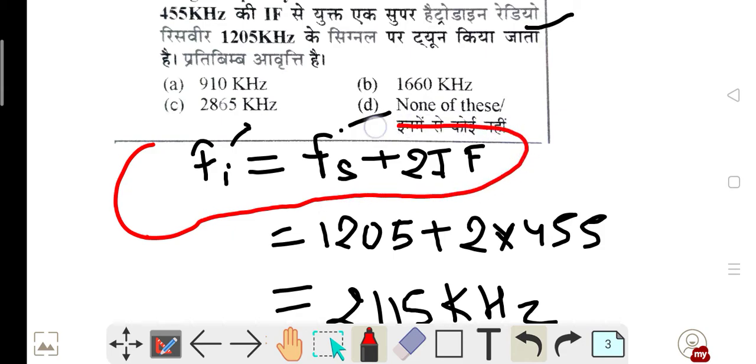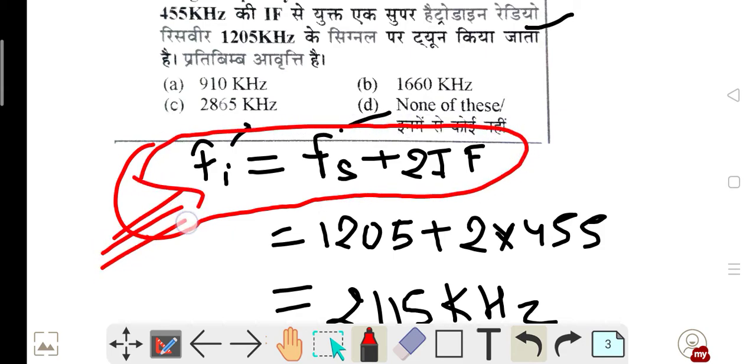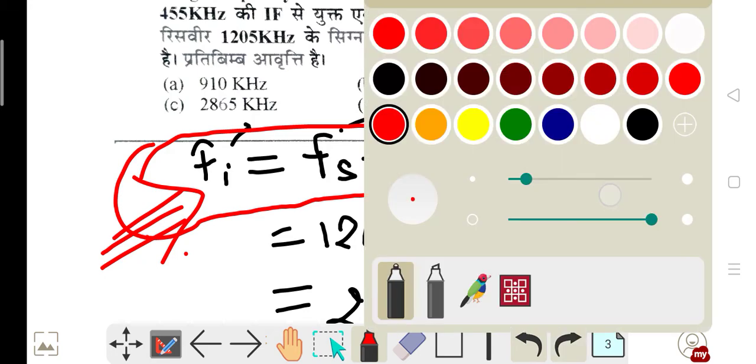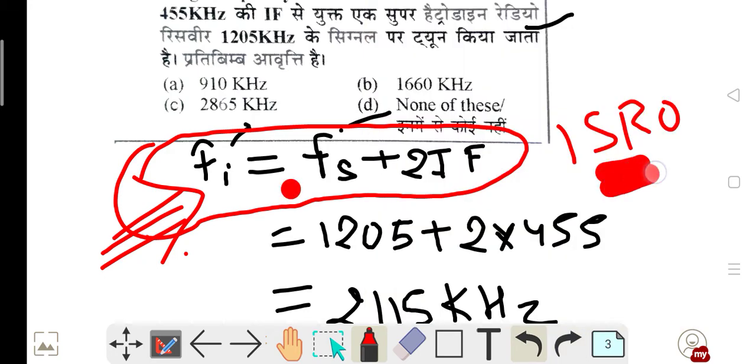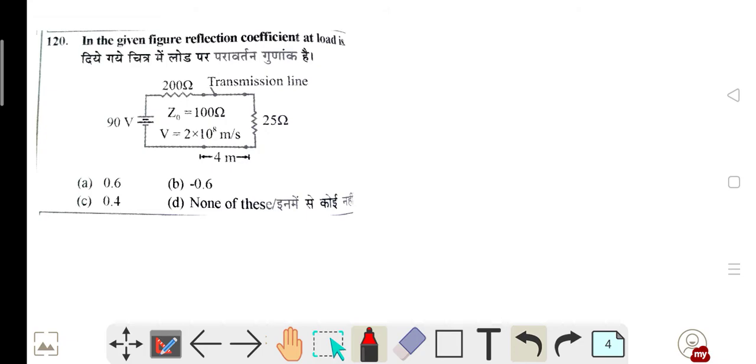This always comes in exams, from this formula, if you take ISRO or DRDO, like this. So you have to learn about it. Okay, next, this question is from